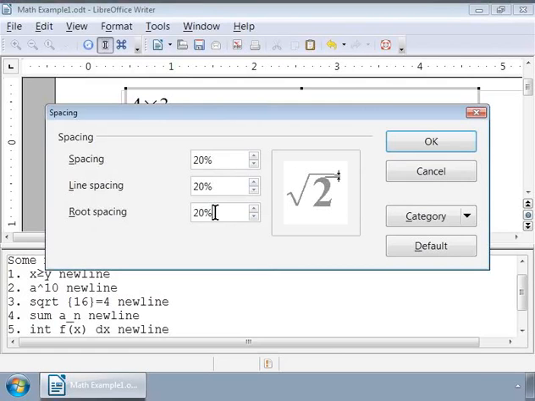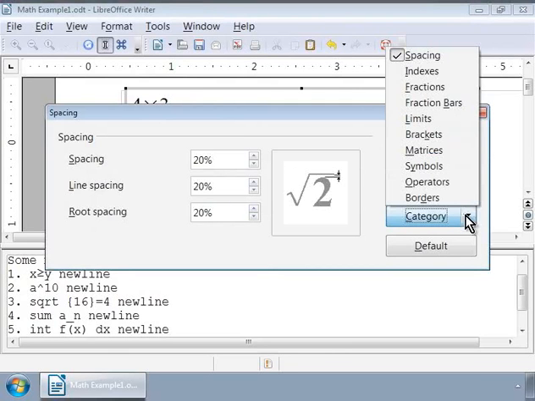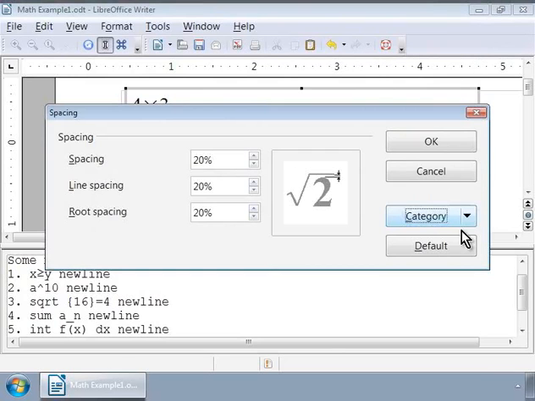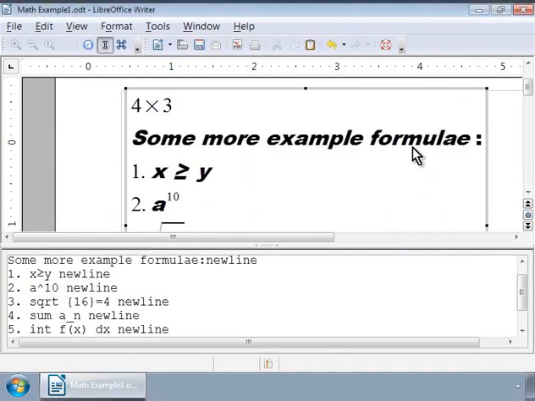Again, we can choose spacing types from the various categories. To do this, let us click on the Category button or use the default button to undo our changes. Let us click on the OK button now and notice the spacing changes in the Writer gray box.